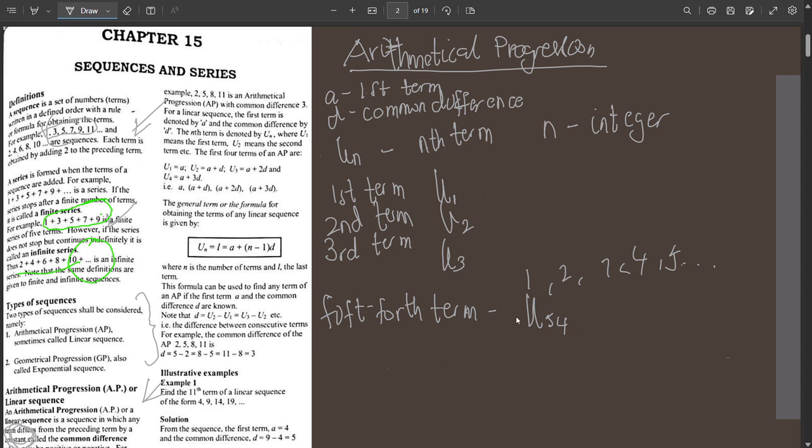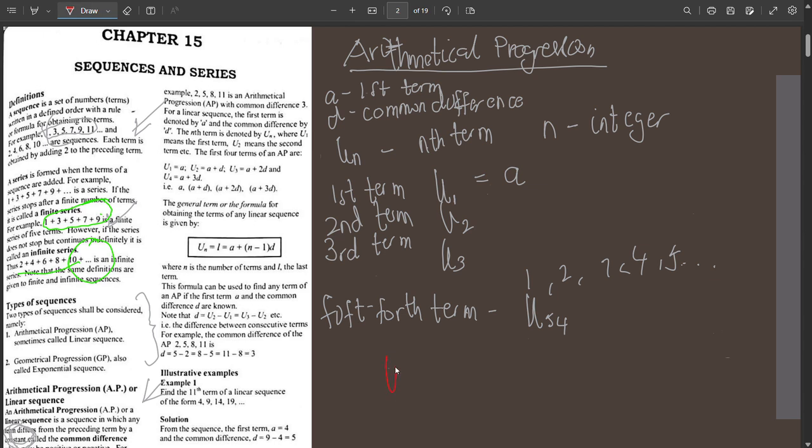So this also means that U of the first term, which is represented as U1, could also be represented as a, right? Perfect. So now let's go to a general formula for obtaining the terms of a linear sequence. When it comes to an AP, what's the general formula? The general formula we use for an AP